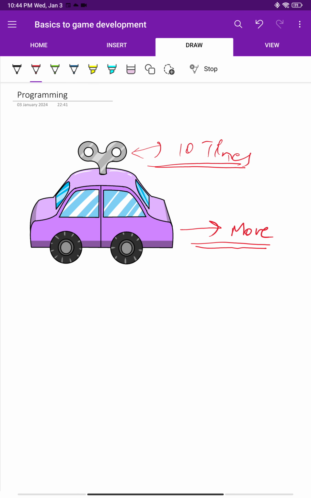How would the user control? By giving the key. So this is the control, right? So giving the key is the control. Moving forward is the result, right? And how would you do it? By programming. So inside the car there are some things which will move the car forward when the key is given. Similarly, when we develop a game, there are a lot of things that happen in the backend which the user does not know, in order to make the game work,